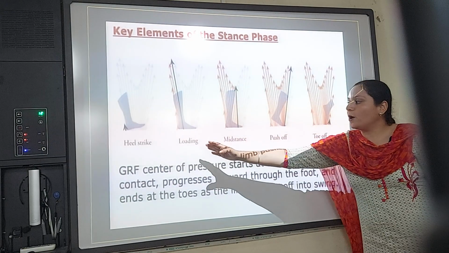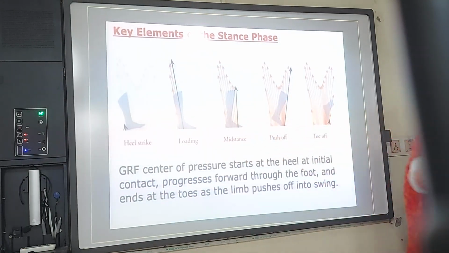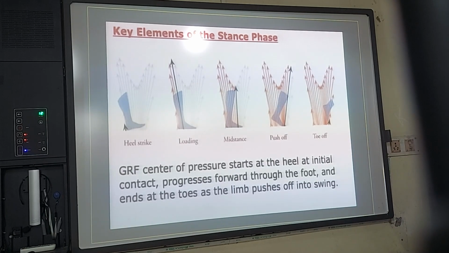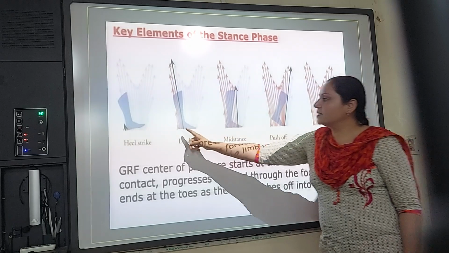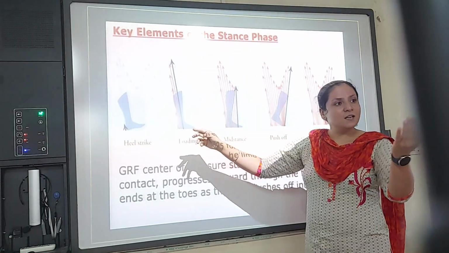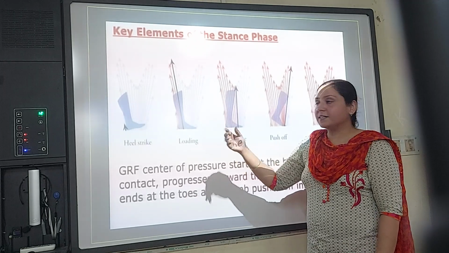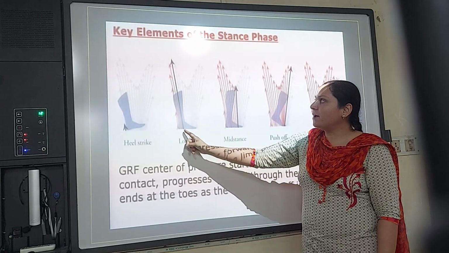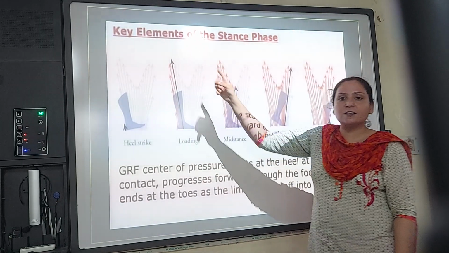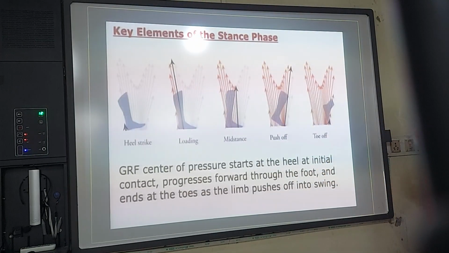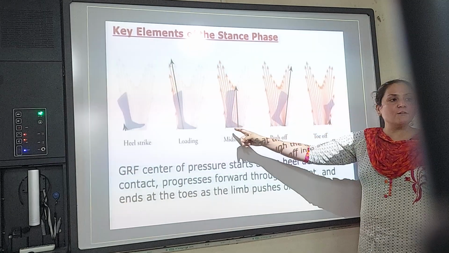But as you go in for the loading process, or loading is the foot flat process, herein you see it has moved towards the center. It's not at the center, but it is towards the center, and you can see the body weight, and it has crossed the body weight. It has gone vertically, the magnitude has increased, and it has crossed the body weight, means it is above the center of mass.